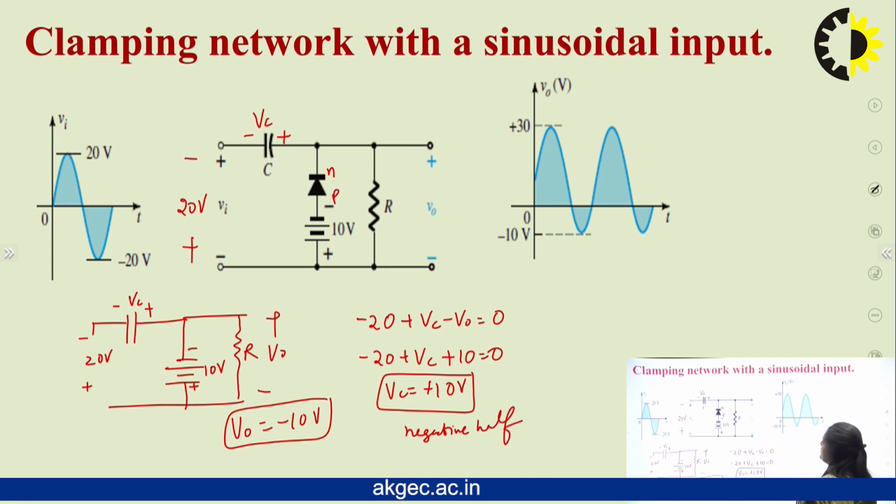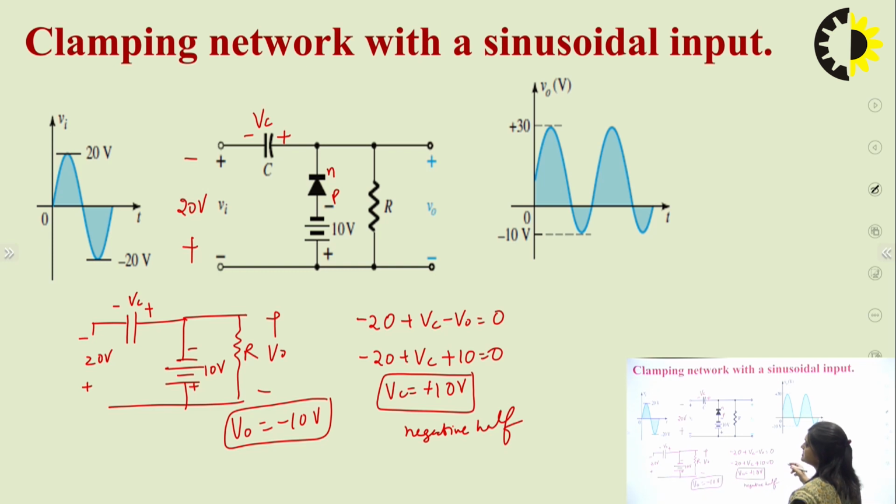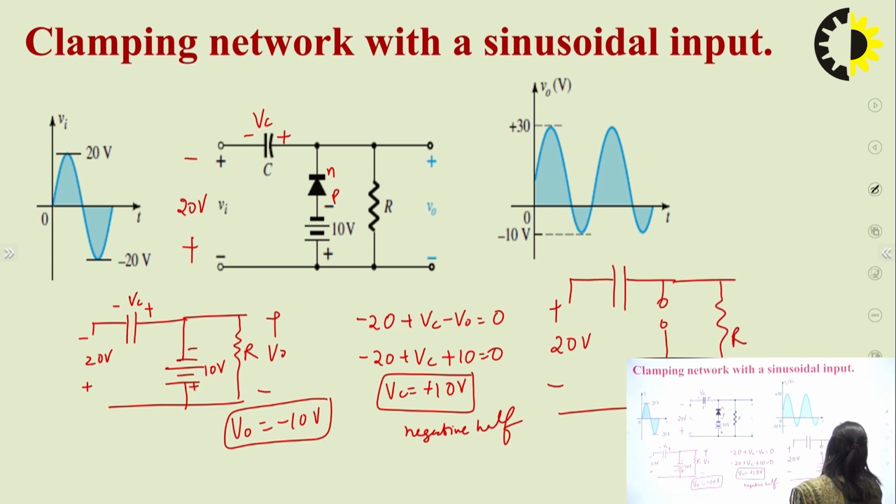And in the positive half cycle, the circuit will become like this: 20 volt, here it will be positive, here it will be negative, and the diode will be in open circuit. This is R, and this is V naught. Minus plus, here it will be